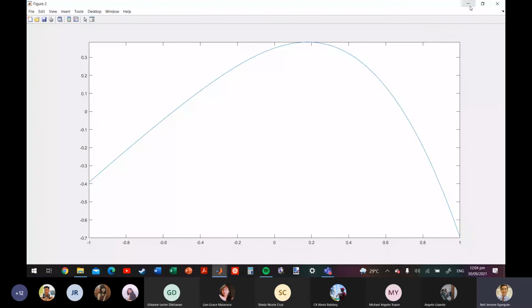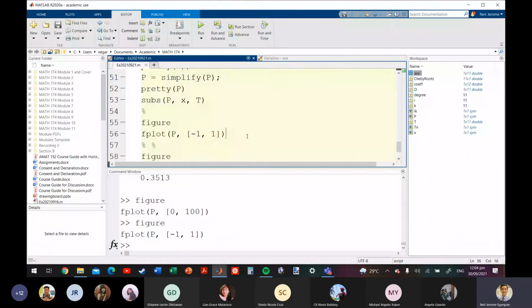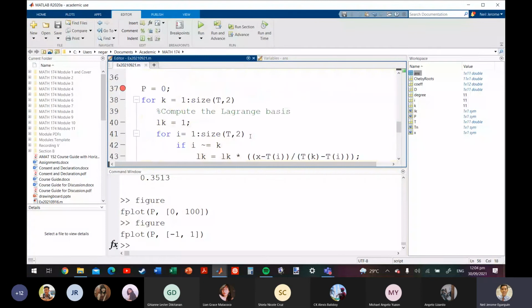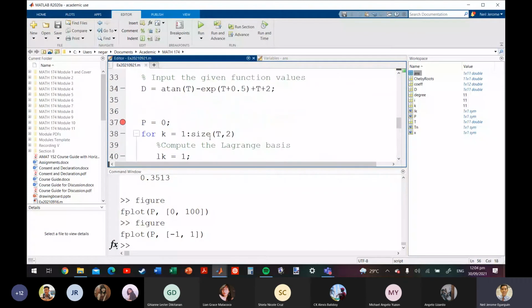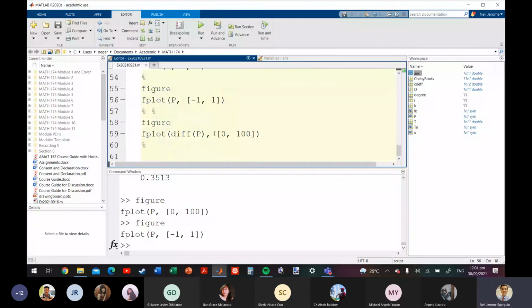Okay. Now, if you want to compare it with the graph of, say, the actual function, so pwede rin naman natin gawin. So pwede kong i-hold ito. Okay. Kung gusto nyo mag-overlap yung mga plots sa isang figure window, pwede kayo maglagay ng hold on. Pero huwag kayong maglalagay ng panibagong figure, kasi yung figure siya yung nagsasabi na lahat ng susunod sa command na to ay nasa isang figure window lang. So figure and then hold on.